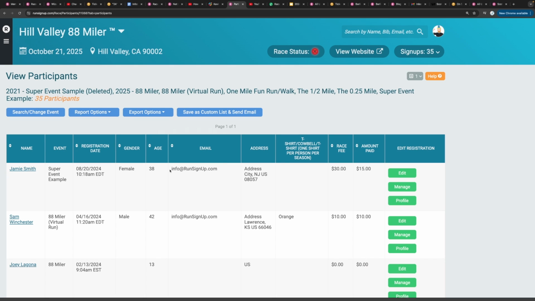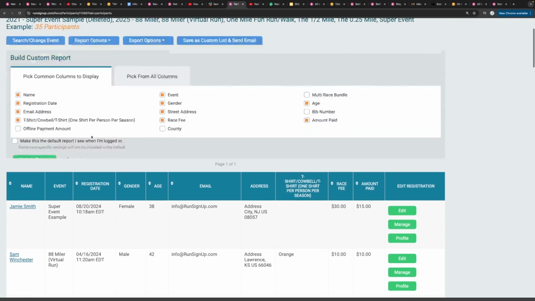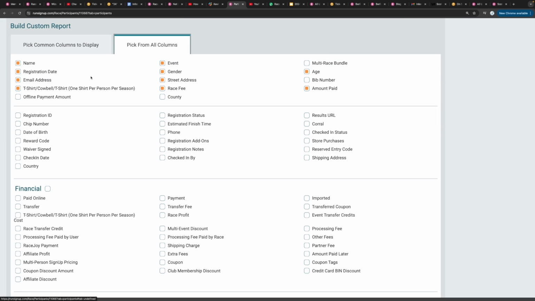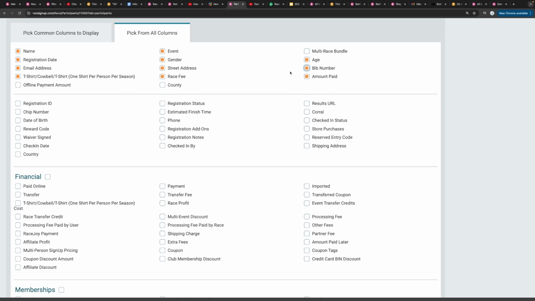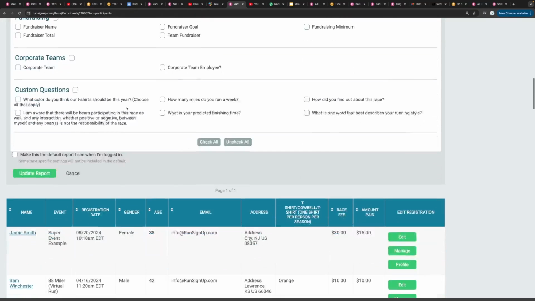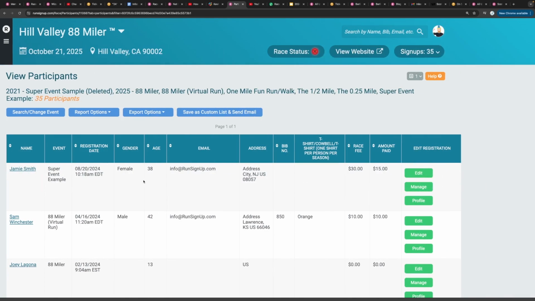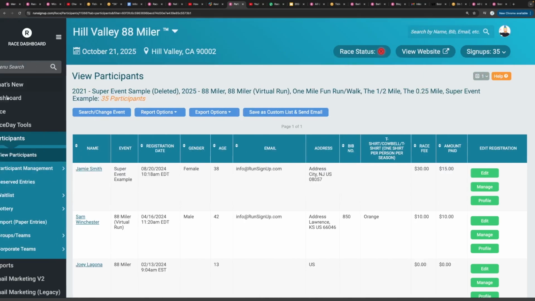Now, if you want to change what the default report is when you go to this page, you can go to report options, customize view, set up a custom report. Say we'll add bib number, and we want bib number to show whenever we come to this report. We can go down here and click make this the default report I see when I'm logged in and update the report. Now, anytime we leave this page,